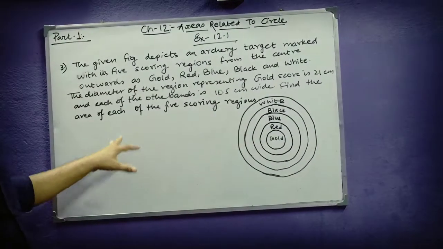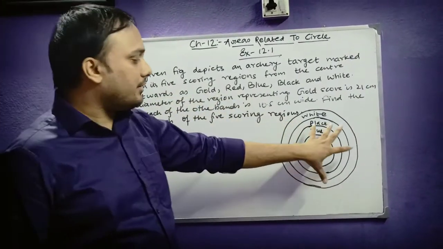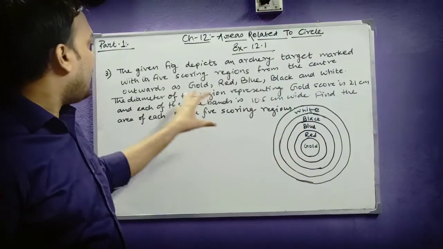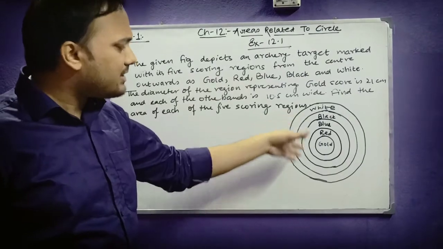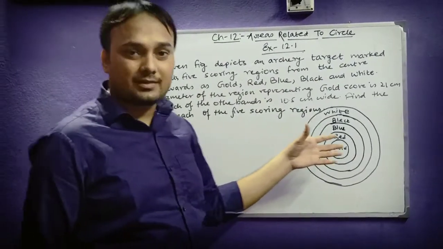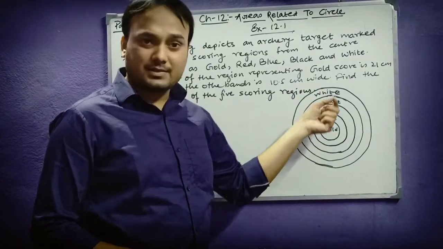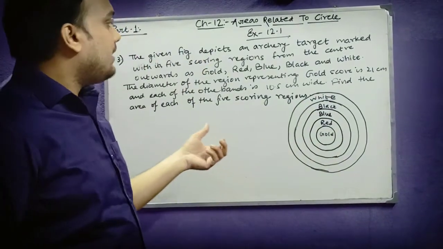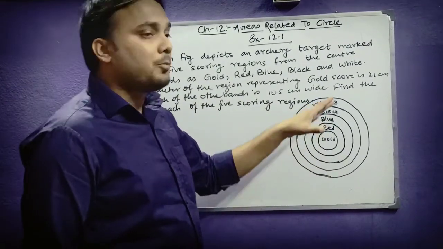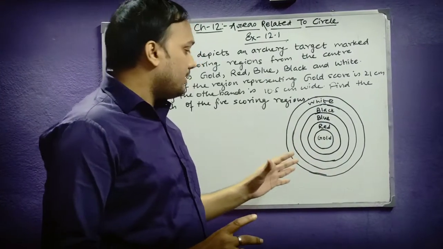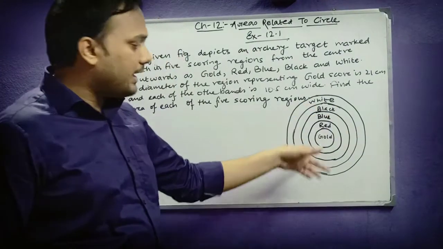So here we need to find the area of all these bands. This figure is representing the archery target, as you are all aware, and you know this kind of thing which you have also, I think, seen in Olympic Games, where archery is played along with this kind of diagram itself. So this is an archery target where gold, red, blue, black, white, different bands are there. And we need to find the area of each and every band here along with every color band.